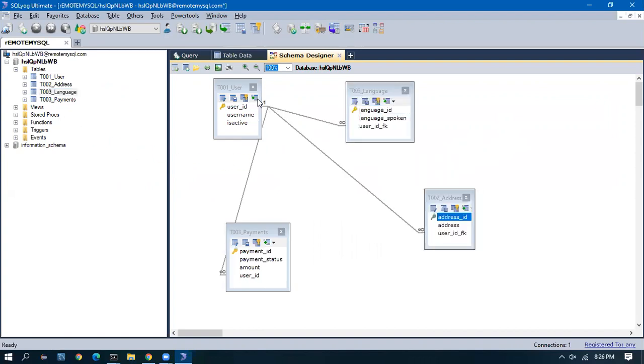If you see one to many, the user is having a one to many relation with the language. The user is having one to many with the address and the payments. And we saw how to write an inner join, left join, and right join.